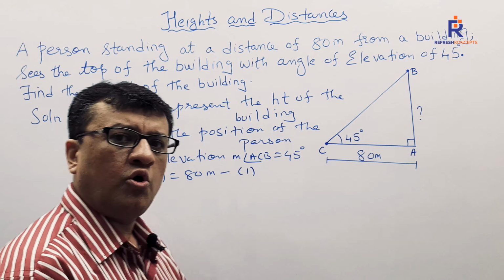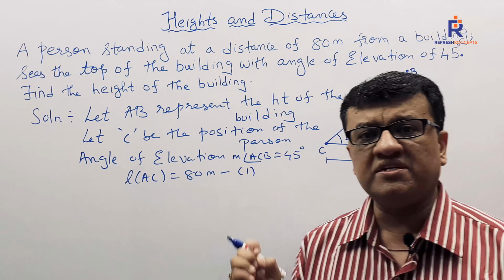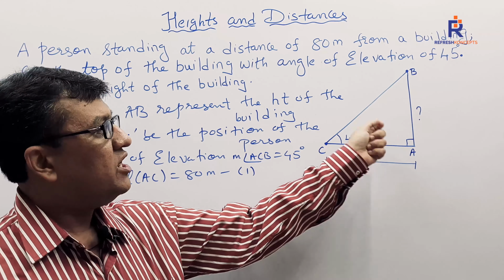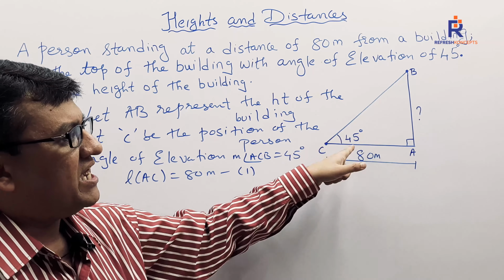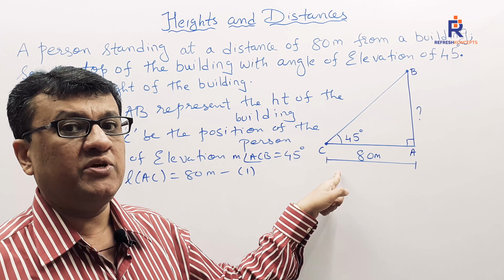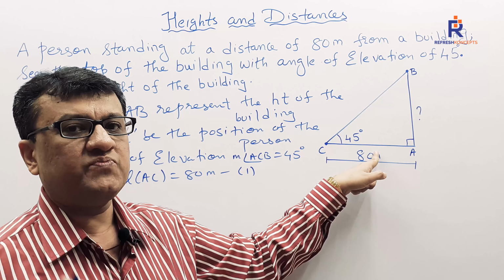Once we are done with all the statements, in a very brief manner, we simply need to go into the triangle and ask what exactly I am supposed to find out. I'm supposed to find the height. What is given to us? The distance is given. So what shall we use? Opposite is what I need to find, adjacent is what I'm being given. We can always make use of tan.